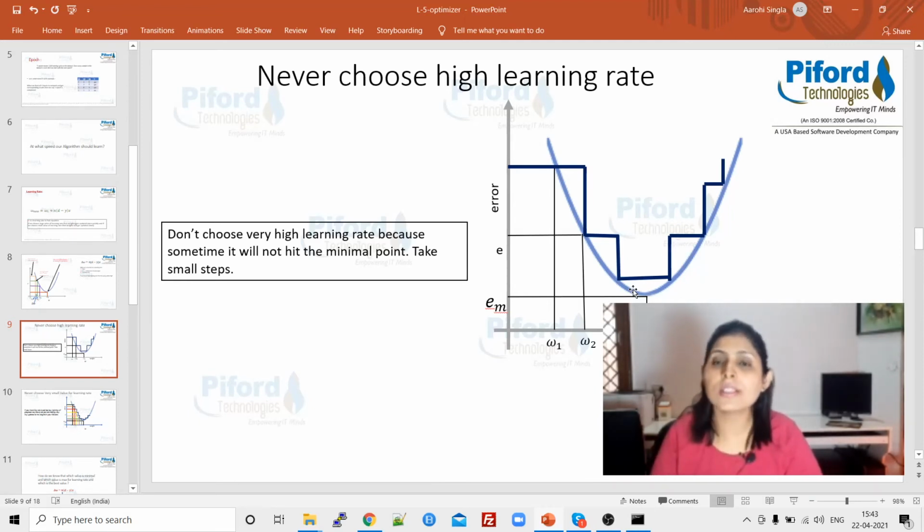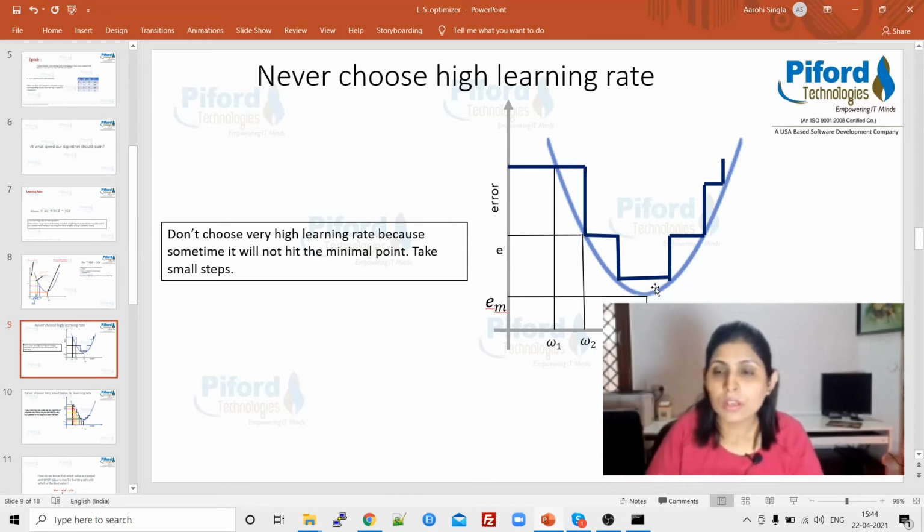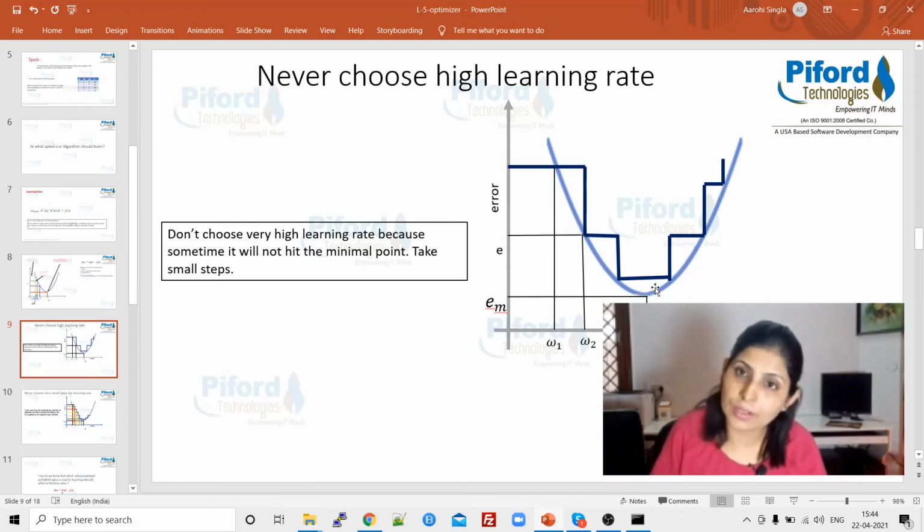So this is the reason we should not choose a higher learning rate, because by choosing a higher learning rate, sometimes it is possible that we will not hit this minimal point, the point where the error would be the minimum. So we skipped that particular weight where we can get the minimum error. So this is the disadvantage of choosing a high learning rate.